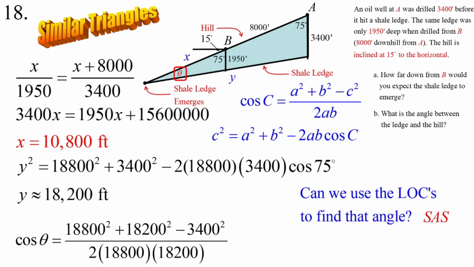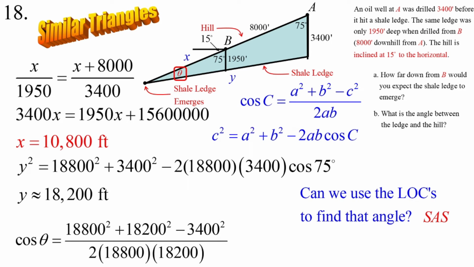So, second cosine for inverse cosine of, and then I better put my numerator in parentheses, so an extra parenthesis there, 18,800 squared plus 18,200 squared minus 3,400 squared, and then close my numerator with a parenthesis, divided by,